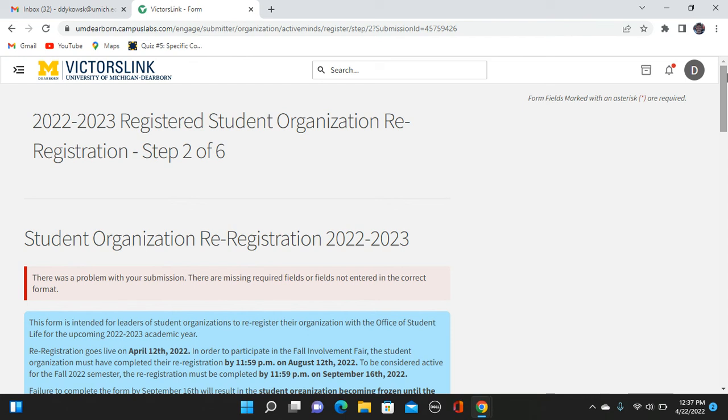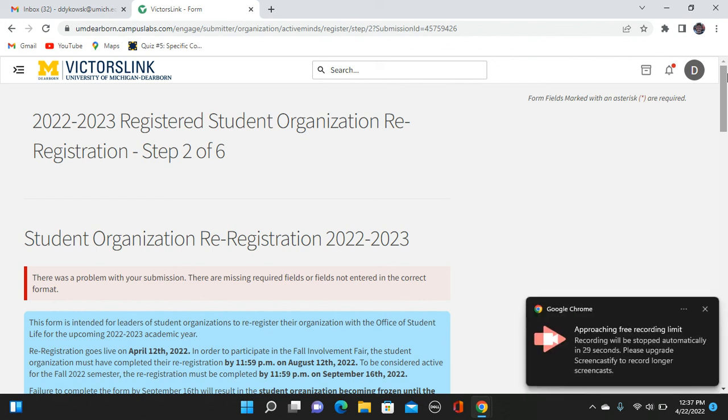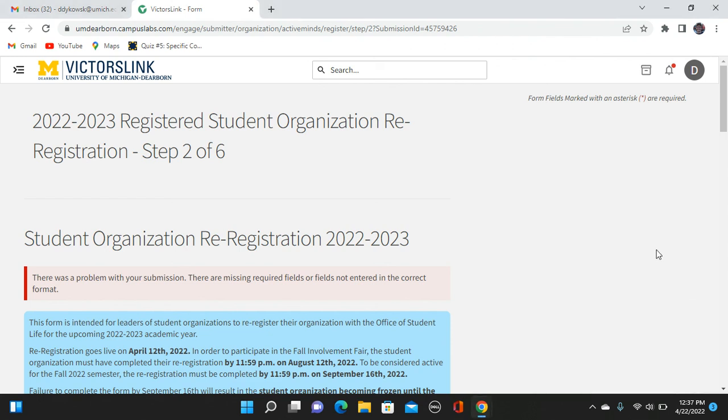The other parts are just another constitution upload, so you can update that on your page after we approve registration. You can update your profile photo. You can update your organization categories. The other things are pretty easy to do, but the main things are those first two things: to make sure your roster's updated and also to fill out this form. So that's the main things with the organization re-registration.